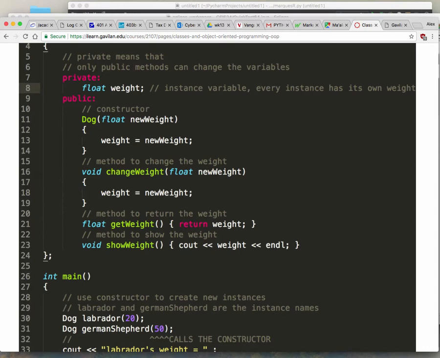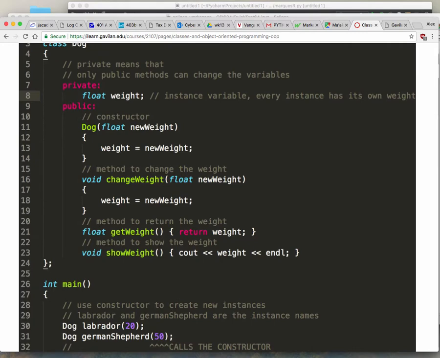Okay. What happens is, on line 30, and by the way, this concept of how you create an object and give it initial values is similar across different languages. It doesn't matter if you do Python, if you do Java, any object-oriented language is going to work the same way. So in line 30, we're creating a new object called Labrador, and inside the parentheses, we're giving it an initial value, right? So this value of 20 is going to be passed into the default constructor, which is what you have in